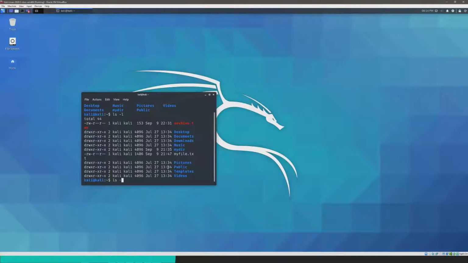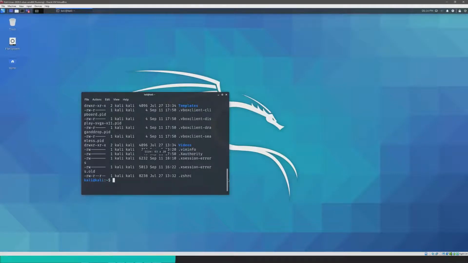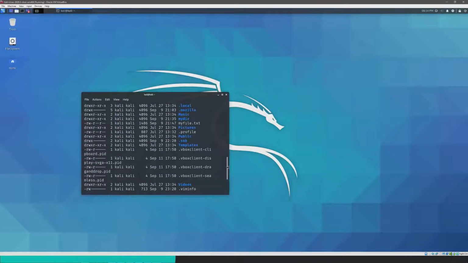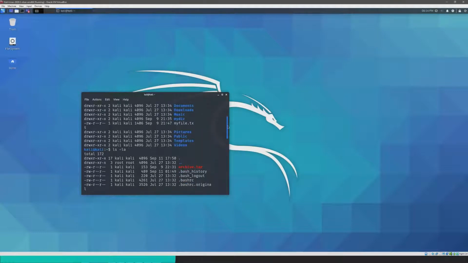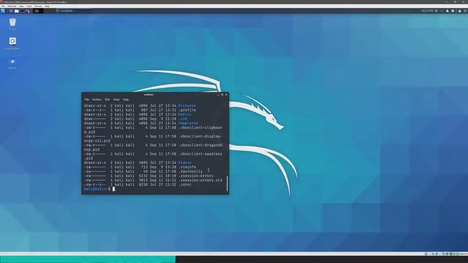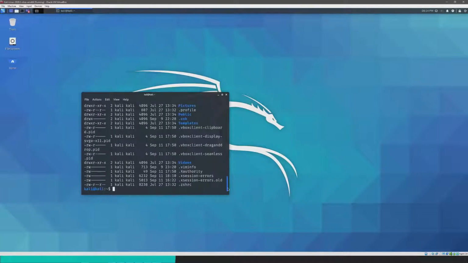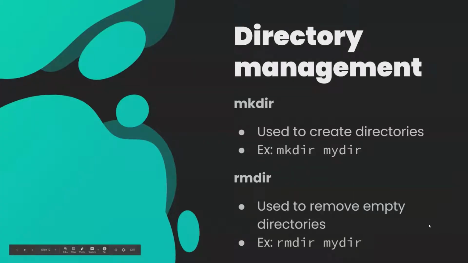And if you do ls -la, it would also show you any files and folders that start with a dot, in case that's also something that you're looking for. So typically when I'm listing out files, I always do ls -la, so I can see everything that is in the folder that I'm in. So yeah, let's go to the next slide here.